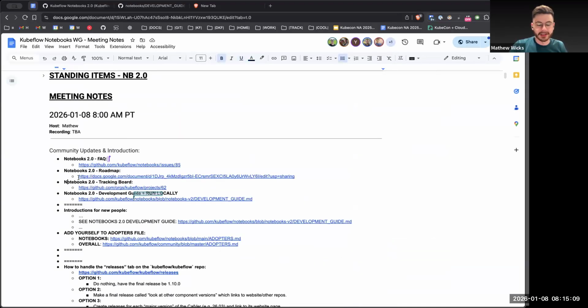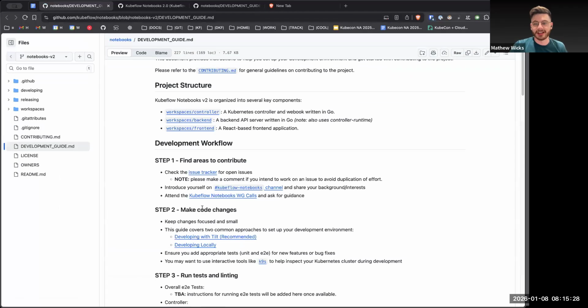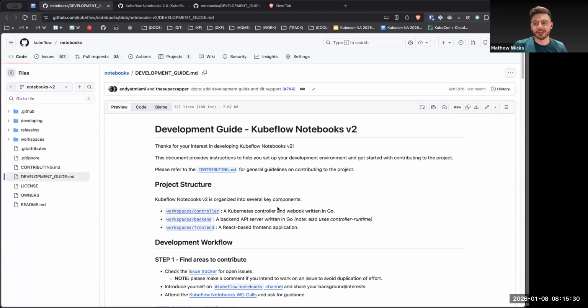Okay, one new thing, we'll skip over these two things for now. The tracking boards and stuff, we're going to improve this in the new year, and we'll have a nice thing to show here. But the development guide is up on the repo now, so we strongly recommend everyone who's been developing review this. It's new right now, so make suggestions if there's anything you think people would need to know,